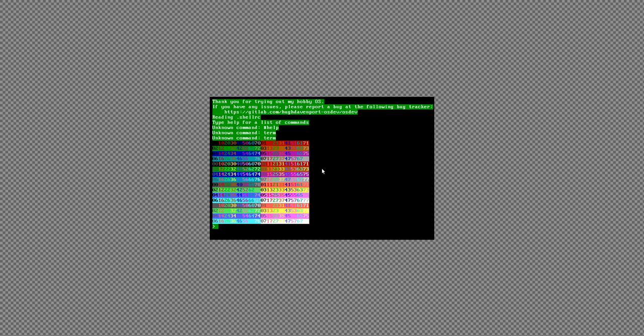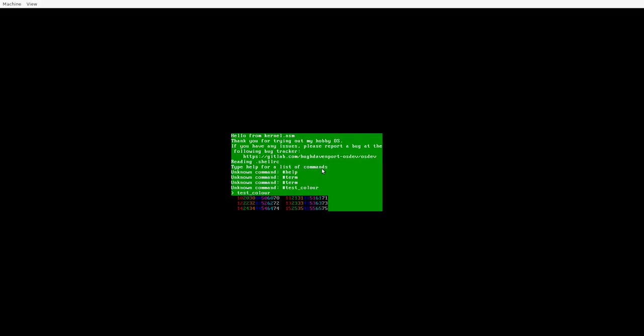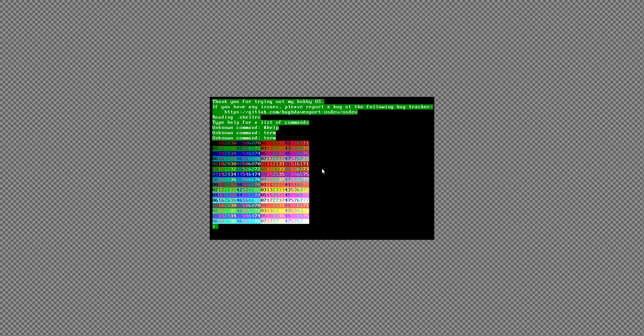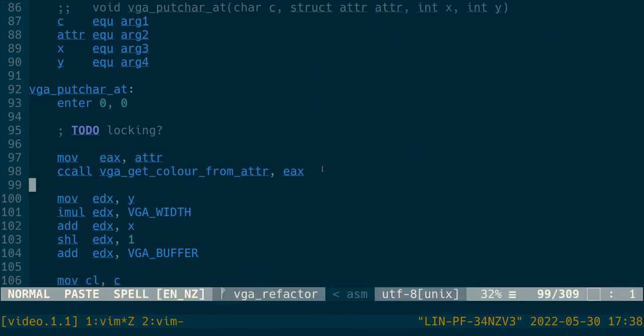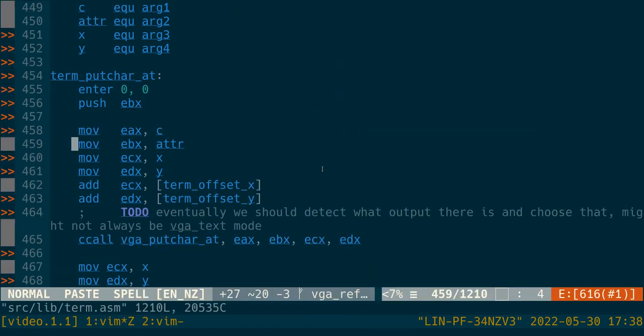So I guess up to the 70 it's right, but then the background's not changing. Oh, I think I know why. Yes, it's a bit of a rain file, I guess. So if we look back at the term background